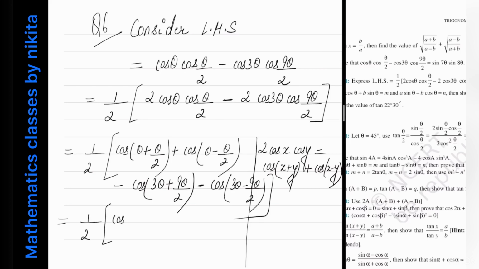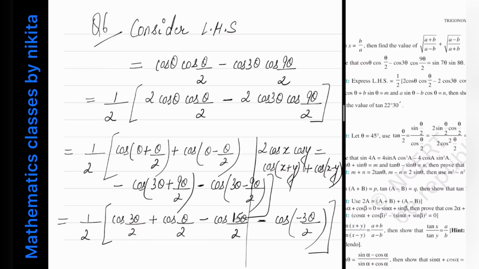Cos of 3 theta by 2 plus cos of theta by 2, then minus cos of, take the LCM, 3 2s are 6 and 6 plus 9 is 15 theta by 2, and minus cos of 3 2s are 6, 6 minus 9 is minus 3 theta by 2. But cos of minus theta is the same as cos theta. Okay, so